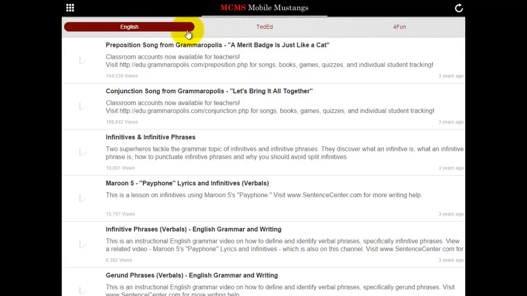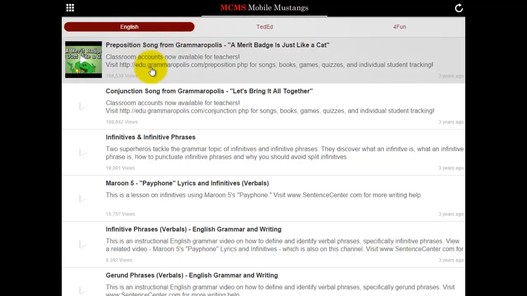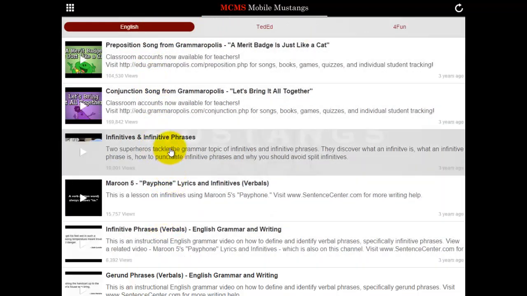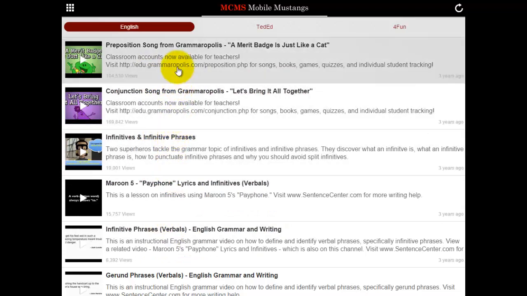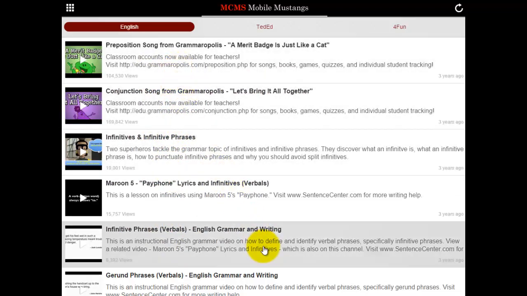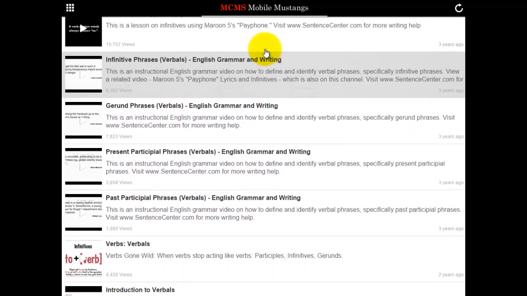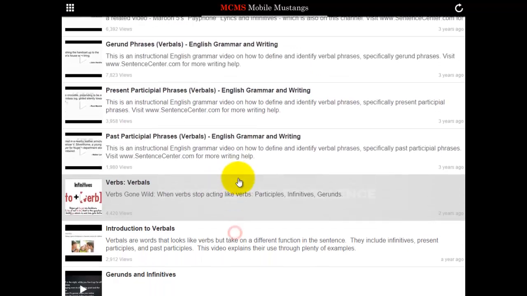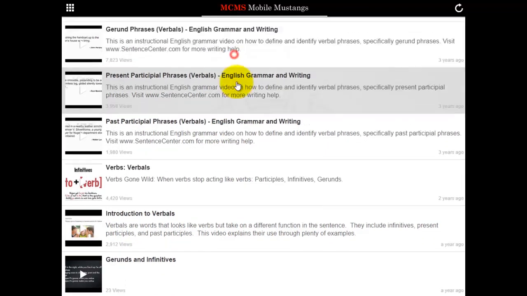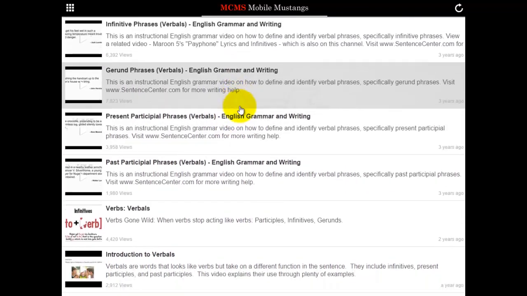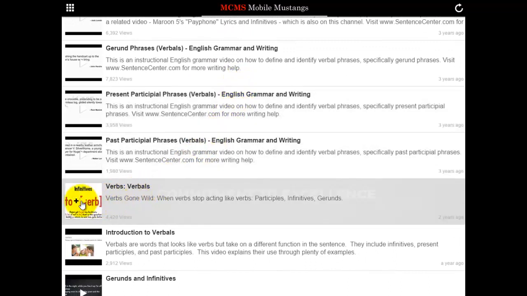For instance, here's English. Just as an example, we have different videos on language standards. I could just click the screen and drag up, since there's no scroll bar, just like you would on a tablet. I can do this on the computer as well. And I can click on verbals, verbs, and then the YouTube video will load up. If a student has this app on their phone and they have their own headphones, which I'm pretty sure they will,